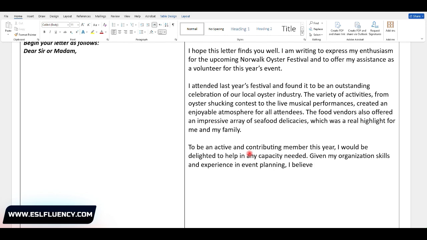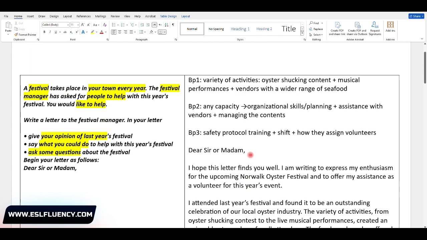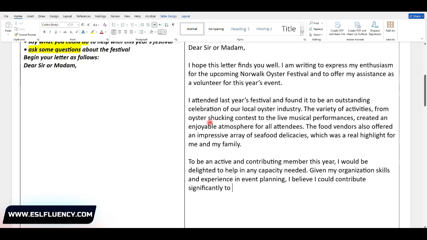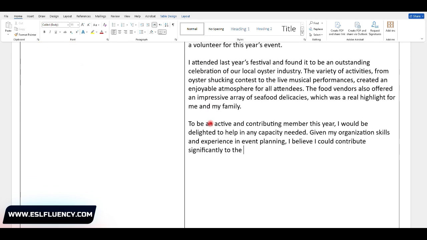I could contribute significantly to the coordination of the food vendors or food vendor area, or assist in managing the oyster shucking contest.